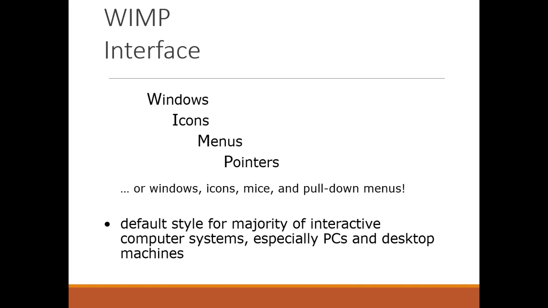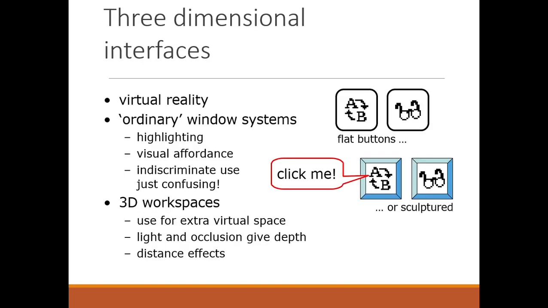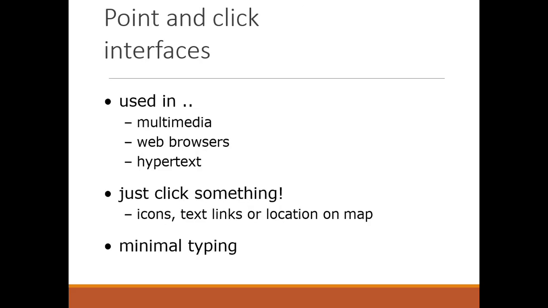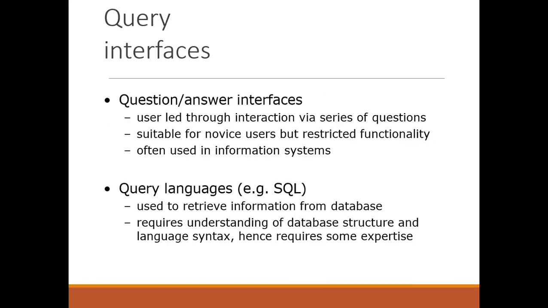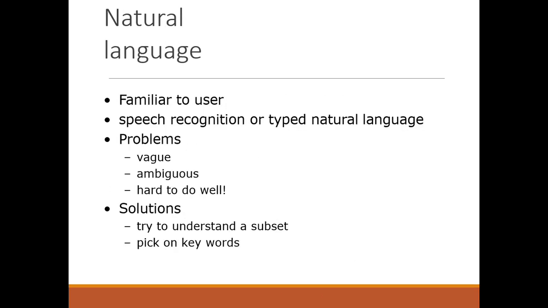Like, if you remember, I also told you about the execution cycle, like three-dimensional interfaces. I've already discussed why this came into existence. Point and click, the main aim is to make the user's interaction with the machine smoother. Fine. We have already discussed form fields and query interfaces, where we discussed SQL queries and how the user can directly write the queries and get the result. Fine. NLP, we have discussed natural language.